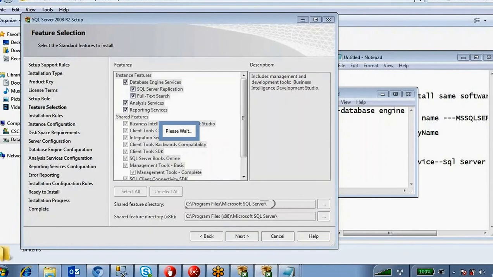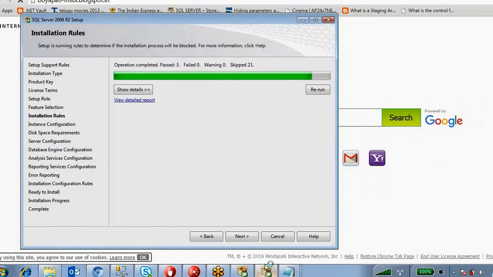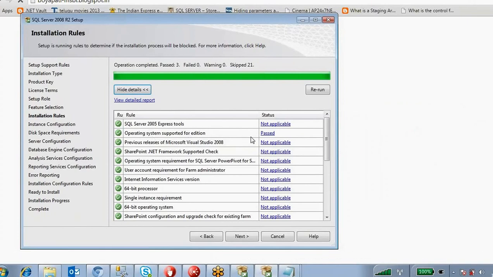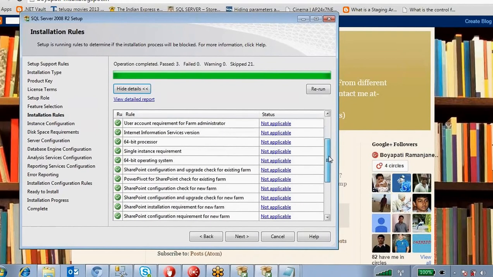There are some rules checked before installation. If you see here, these are all the supported operating systems, 64-bit.